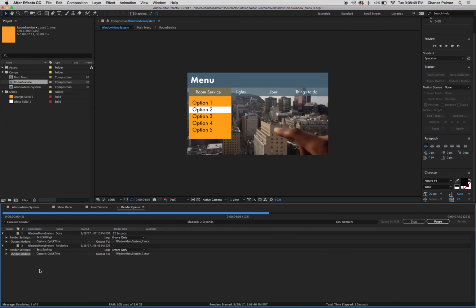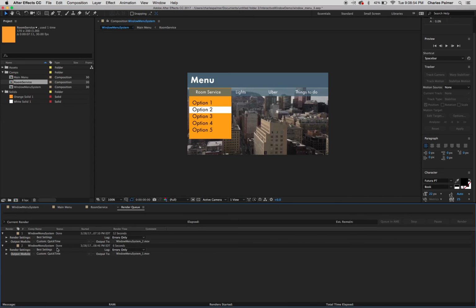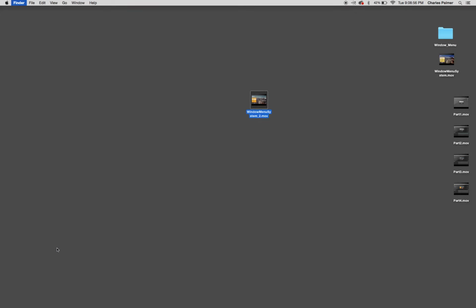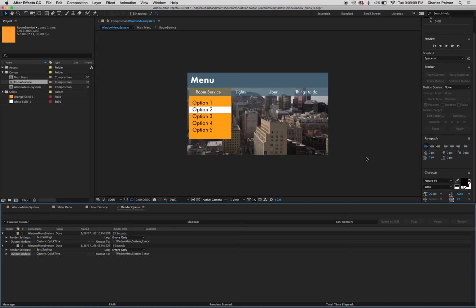It's going to ignore the first one because that one is done. This one is currently rendering, and now this one is done. Again, if I go back to my desktop, I will see a new version of it here, and this is the one that was just rendered using the animation codec. So that's that. Those are all the steps involved. I'm going to make one last short video here, and this video is just going to show a couple of extra tips that you can add to the piece just to enhance